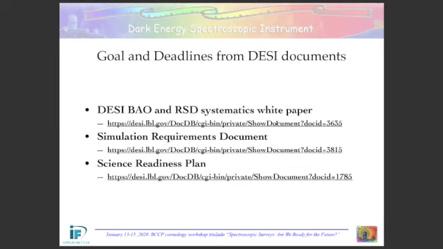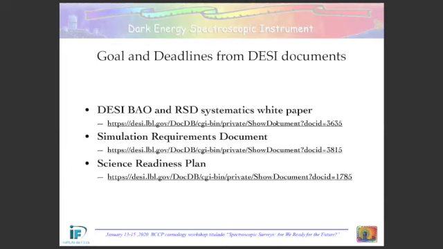So we have basically 3 documents that are guiding us for constructing this mock challenge. The first one is the science readiness plan, listing all the steps that we need to accomplish in order to extract all the information from the DESI survey. Then within these 2 years we developed a couple of documents.